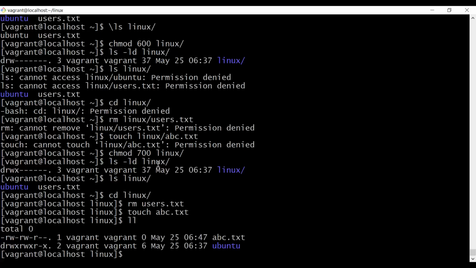Yeah, so at this directory level, sometimes when you are accessing a file and you have the full permissions on the file, you still see permission denied. Then go and check the directory level permissions also. What permissions do you have on that directory? Even after the directory has the permissions, if you still cannot run the file and it shows permission denied,